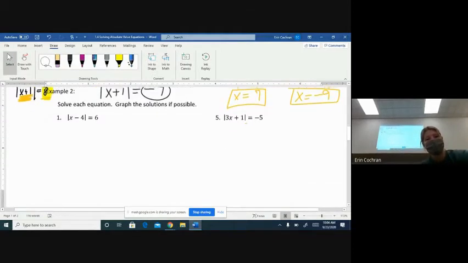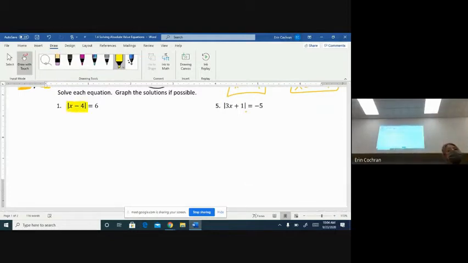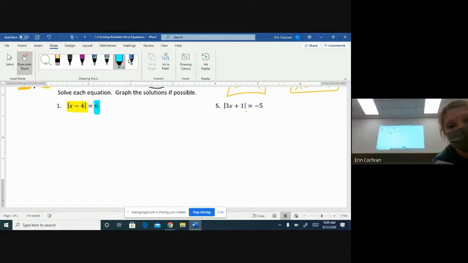All right. So let's kind of look. Is my absolute value the only thing on the left-hand side? Yeah, there's nothing on the outside of the absolute value, right? It's on the inside, okay? Then we look at my answer, and my answer is a positive 6, right? So then you ask yourself, okay, since that's positive, how many answers am I going to have? How many numbers are 6 units away from 0? 2. So we're going to have 2 answers,